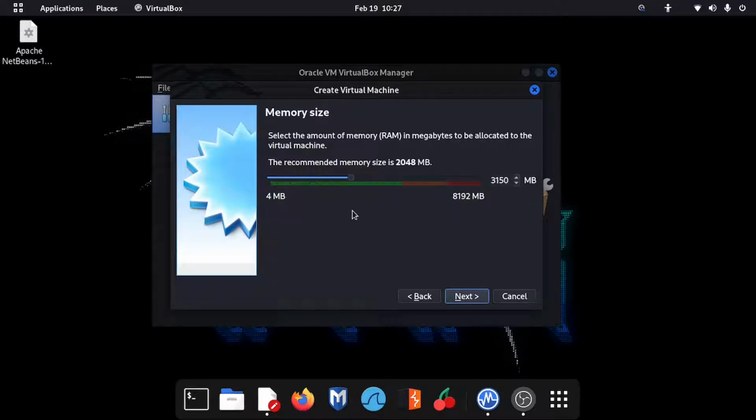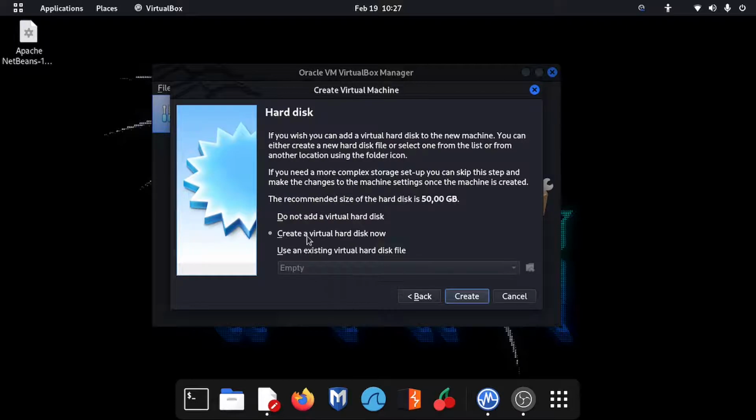The host is the Linux, and then the guest is Windows. So Windows might have more power, but then the host will be working slow. So in my case, I'll just choose 2 gigabytes of RAM, then click on next,